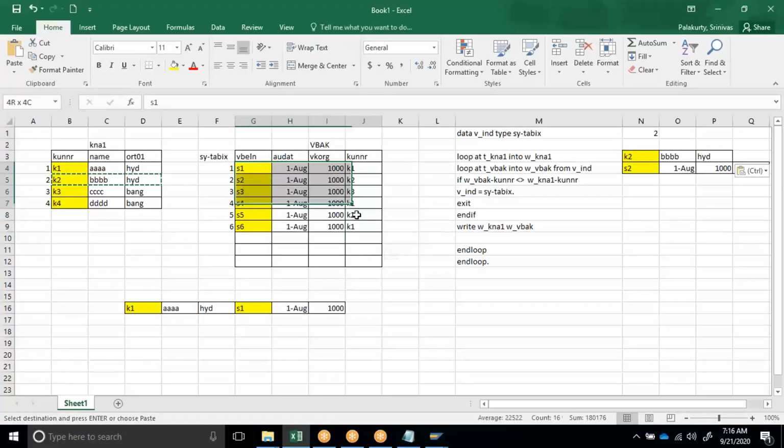Now, if you take a transaction table, one record in the sale will always have one customer in it. One customer will have only one record in the master table. So indirectly, if you are looping at this table, we can read this table because there will be only one record. You can't see multiple K1s here. So if you don't know which is the header and which is the item, you cannot understand parallel cursor. Always the master table should be the header table.